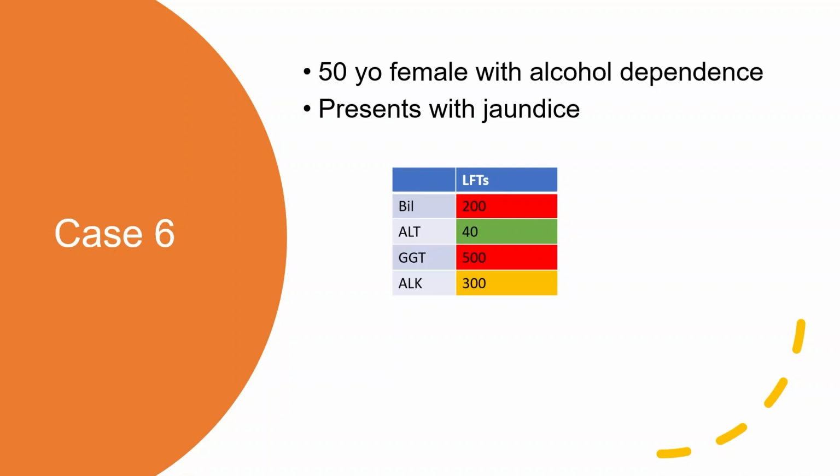Pattern, you would say, liver, bile ducts? Bile ducts, yeah. But you know she's sort of alcoholic. So again, it's sort of cholestatic. So if I see this particular picture, I think about two different things, and I'm not sure if anybody...